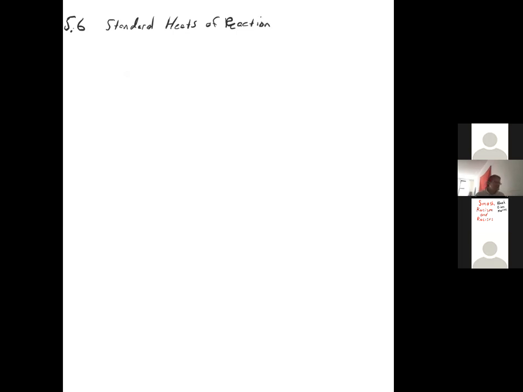Okay. And you'll see this word as well, formation, standard heats of reaction or standard heats of formation, okay? So the idea here is that